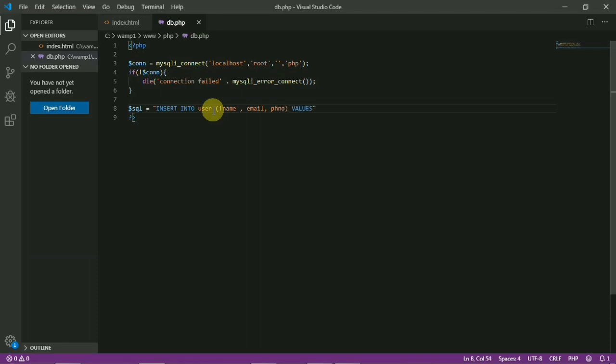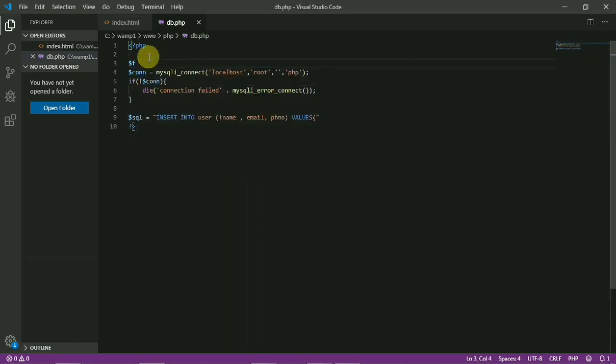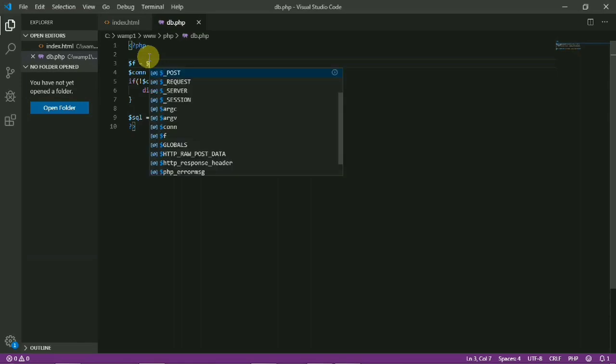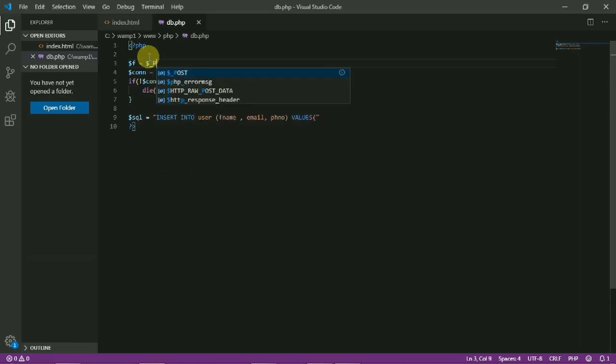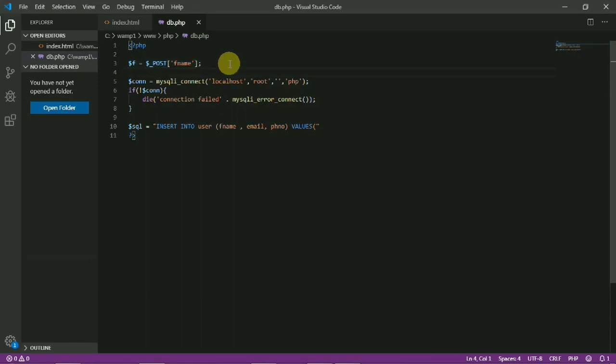Now I am taking values here. Whatever data you enter in that input will be stored. We can get the data by using $_POST in PHP. It's simple: we can get the data from your HTML page by using $_POST.